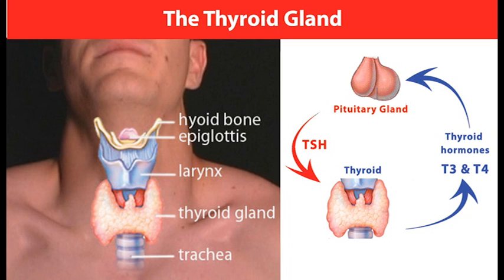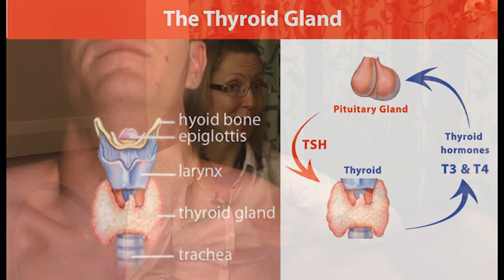Yeah. And a little bit of that conversion happens in the thyroid gland, but most of it actually happens in your liver. So we get back to the liver again, and you've got to have a healthy liver if you want to have efficient thyroid hormone function. Yes, that's right. So if you have a fatty liver, there's not enough healthy liver cells there to convert the T4 into the T3. That is also going to give you a sluggish metabolism.